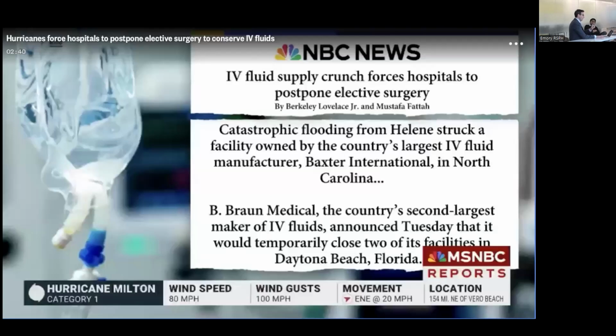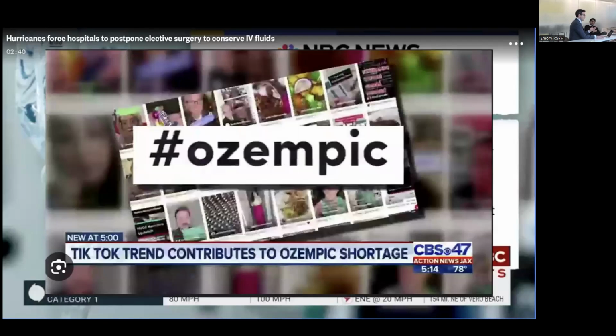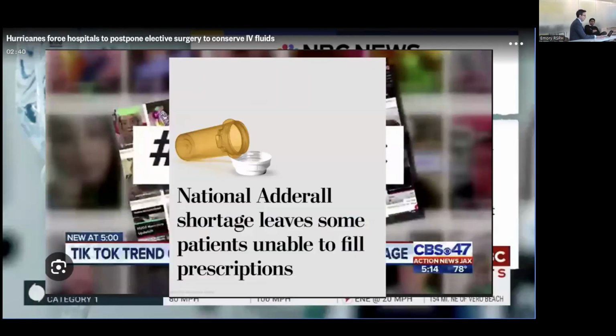So again, shifting from the Ugandan context back here, availability is a major issue here as well, right? This is just a screenshot around the impact of the recent hurricanes, leading to shortages of IV fluids in hospitals all around this country. Ozempic, among others, right? Massive shortages. The why, right? There's cost and supply chain, but also demand surges, right? Stimulants for ADHD, major shortages over the past few years, right? So availability is also an issue locally.